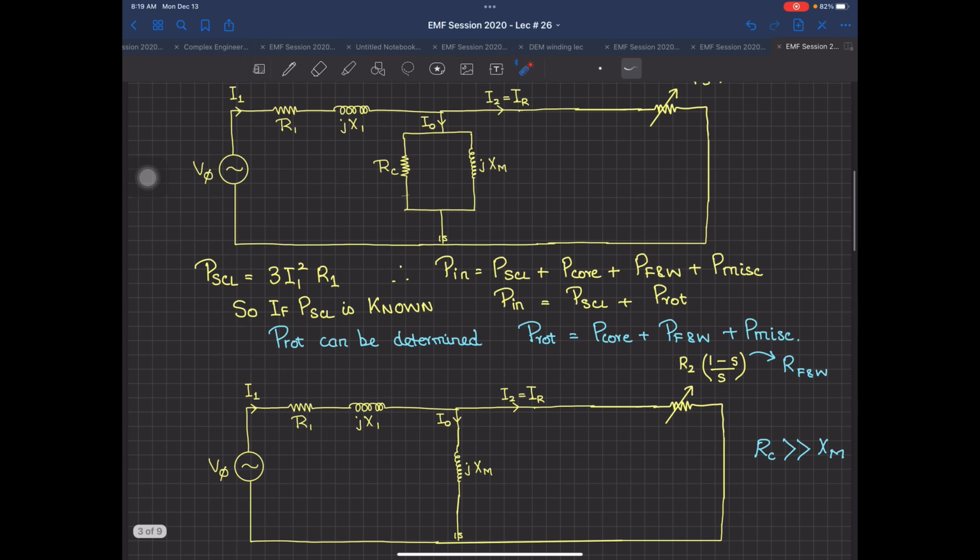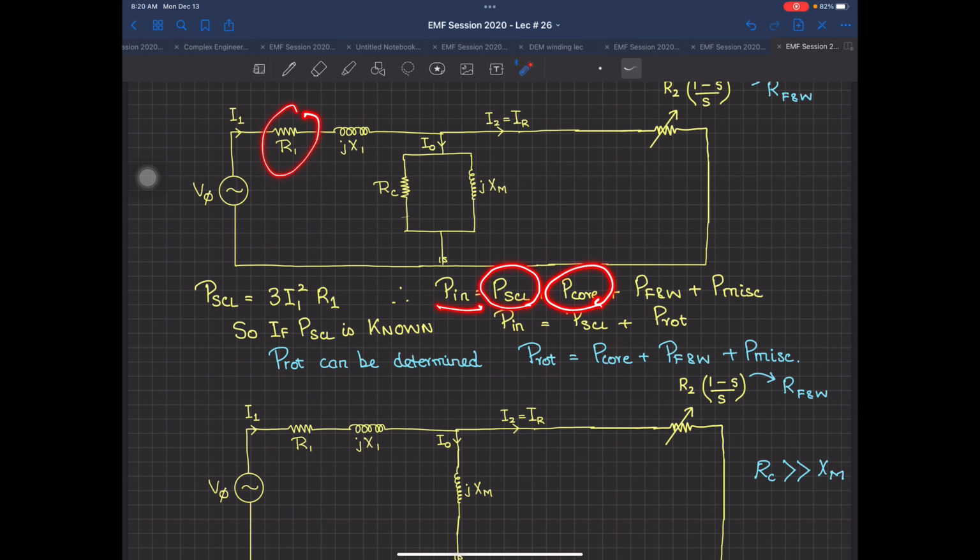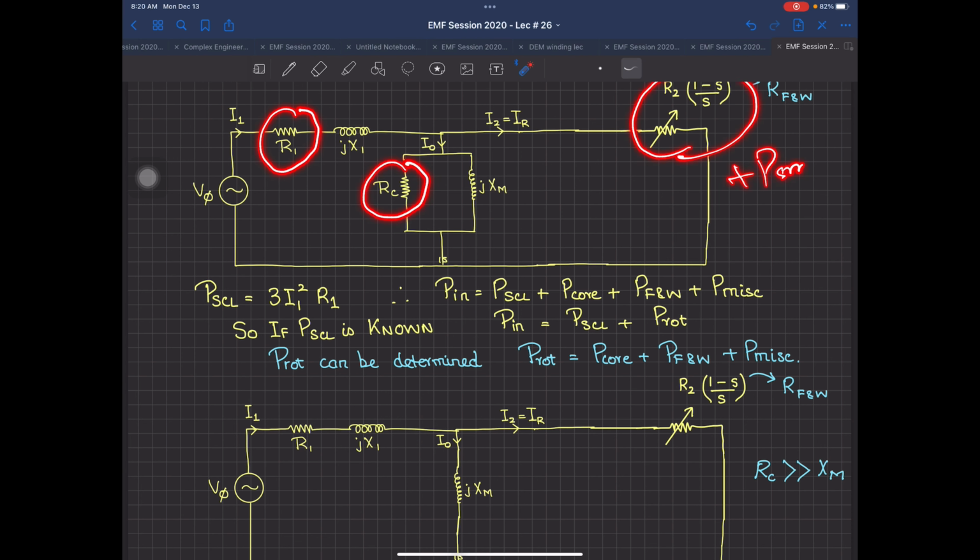So whatever power you are inputting over here, this is a single-phase, per-phase equivalent circuit. So certainly the power coming into the three-phase machine is three-phase. The total power which you are inputting is being used in the stator copper losses, which is R1. Then it is being used in P core, which is over here. And then it is being used in friction and windage plus some miscellaneous, or what I call stray losses also. So whatever power is being consumed is being used by this resistor and this resistance plus some P miscellaneous or the stray power. Now, the point over here is that this R1 is still not known.